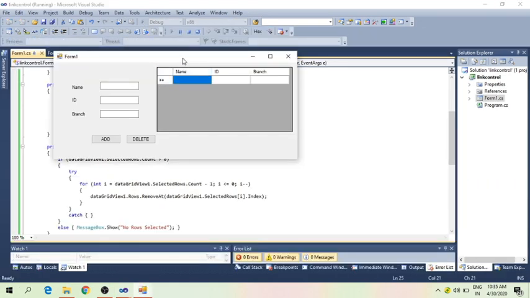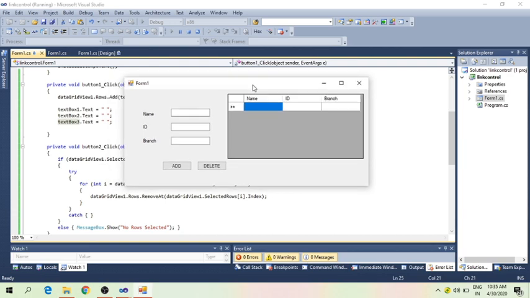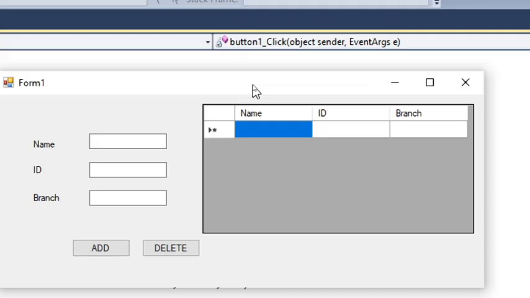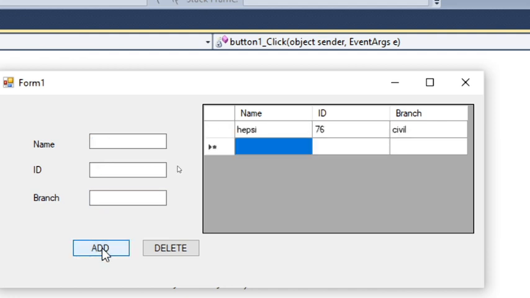Okay, now I'm giving the details. I'm writing it as civil now. Add. Okay, one more data. See, if you observe, it is cleared.